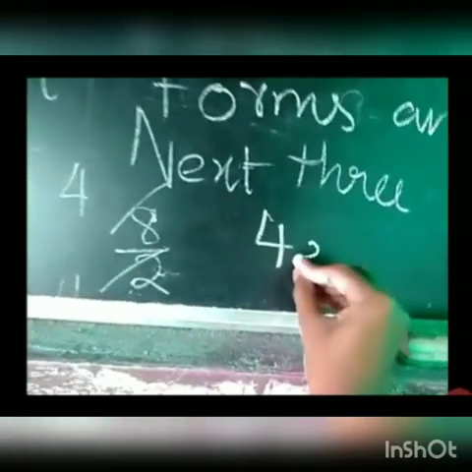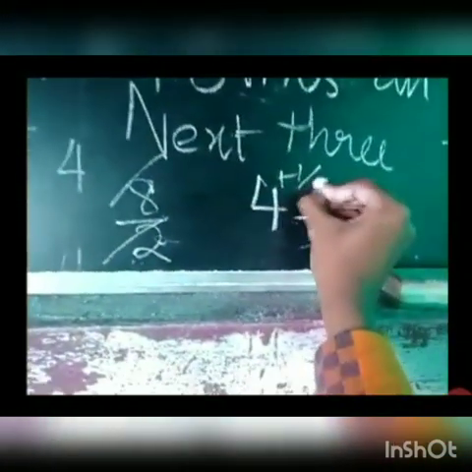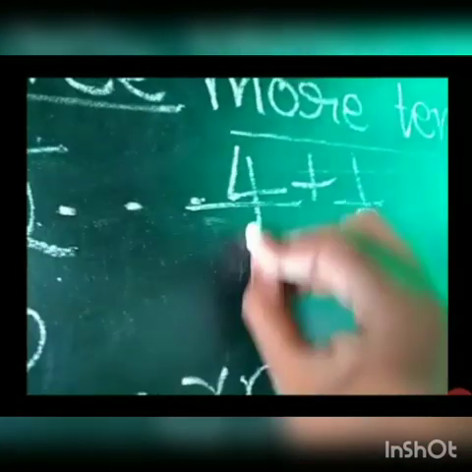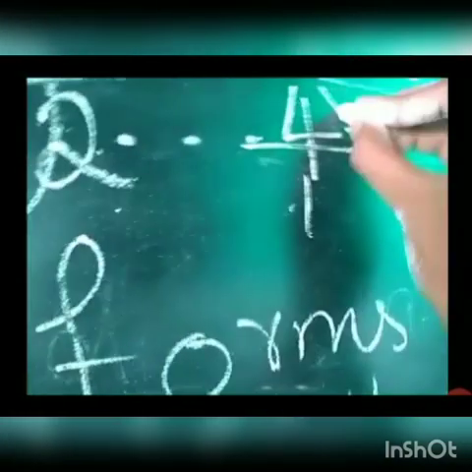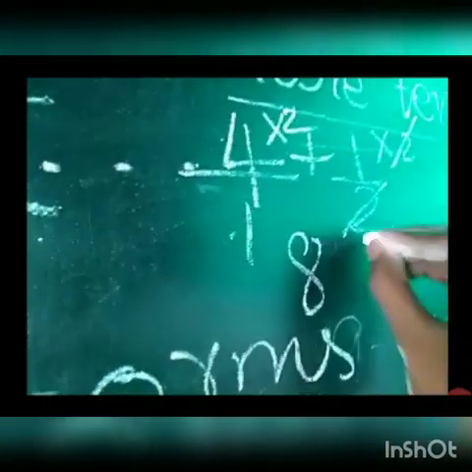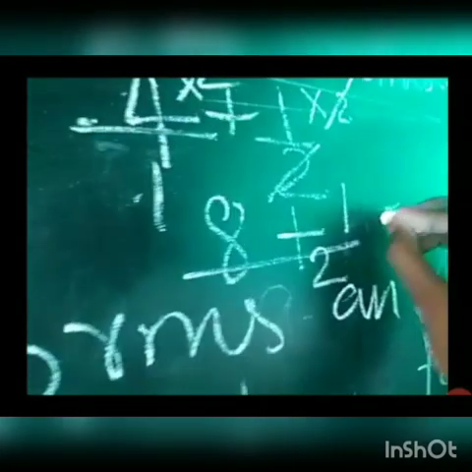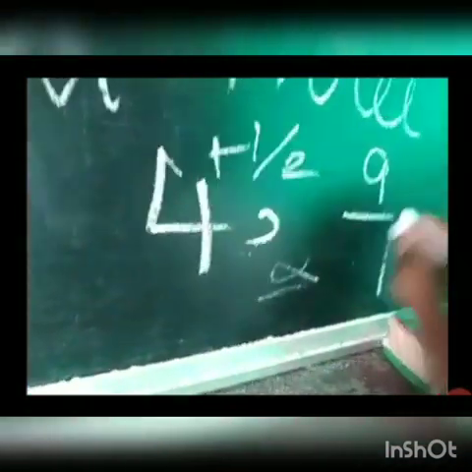For this 4 we are going to add the common difference value of 1 by 2. Correct? So 4 plus 1 by 2. Check what is 4 plus 1 by 2. Here the denominators are not same. Take LCM. LCM of 1 and 2 is 2. So multiply the 2 here. After multiplying, cancel this 2. This is 4 2s are 8 plus 1 1s are 1, divided by the LCM 2, we will be getting 9 by 2. So 9 by 2 is the next term.